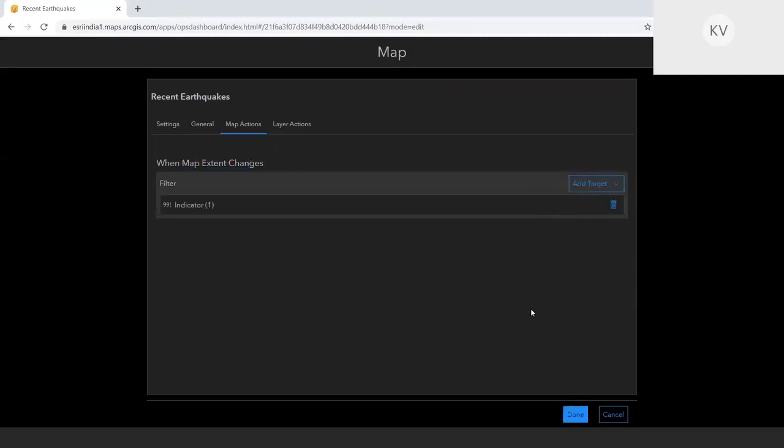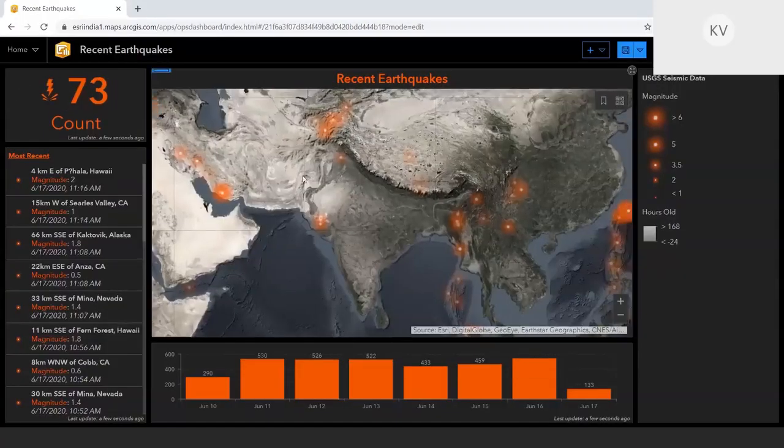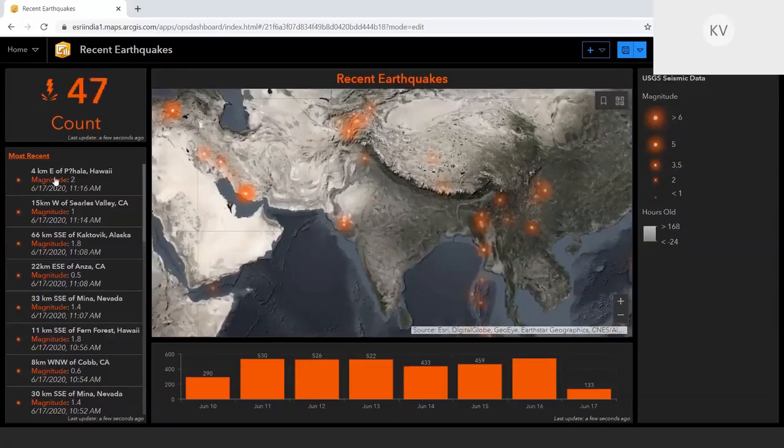It's very simple. I can click on done. Now, if I change my map extent, you can see my data is getting updated. The same way, if I click on any one of the list items, I want to pan to that particular map. So what I'll do is go to the configuration of this list,